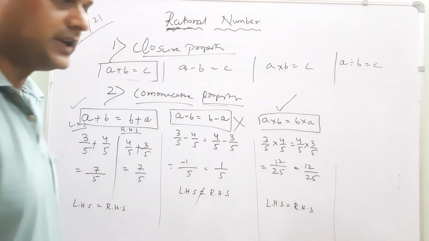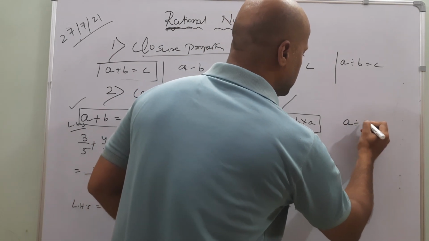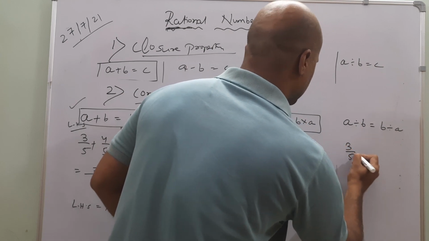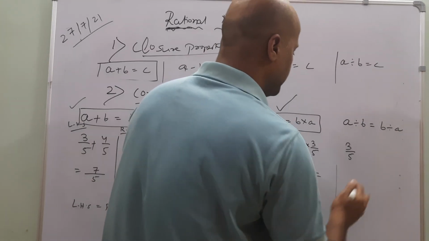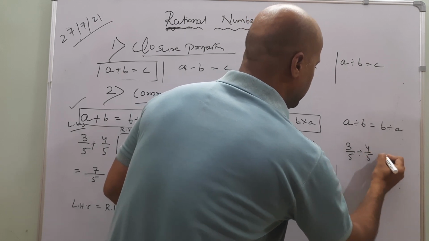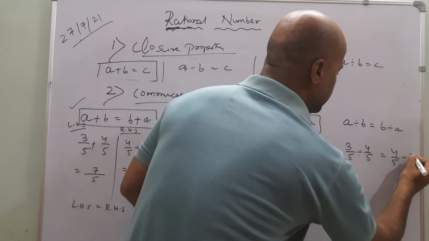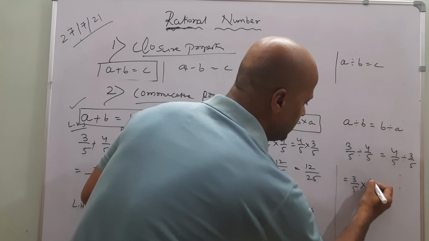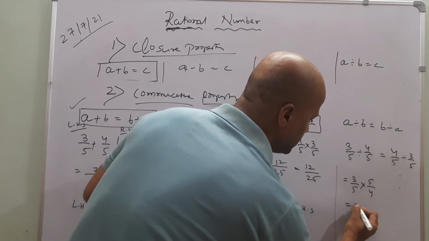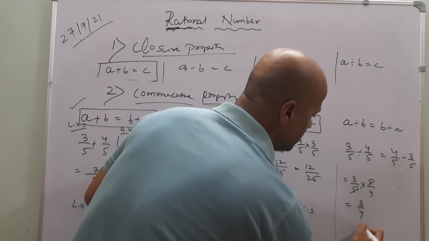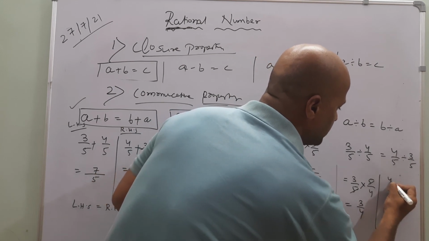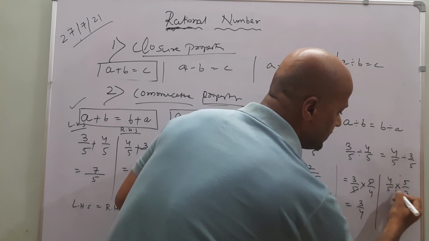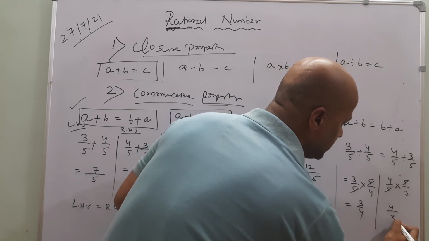Now check in the case of division whether it follows or not. So what is the position of the rational numbers? Like this. Okay, I am taking the same example so that it will be easily understood by you. 4 by 5 divided by 3 by 5. Here 3 by 5 is multiplied, it will be reversed. Is equal to how much? 5 cancel, 3 by 4. Here 4 by 5 into, divide becomes into 5 by 3. 5 cancel, it is 4 by 3.